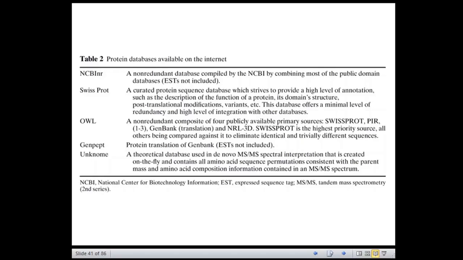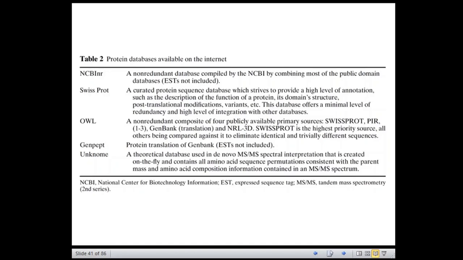In the last session, we were discussing protein identification. In today's session, we will continue the protein identification via database. The protein identification via database or through database searching